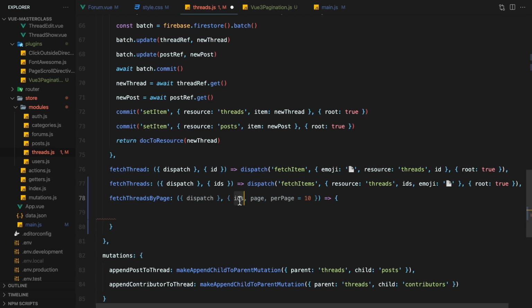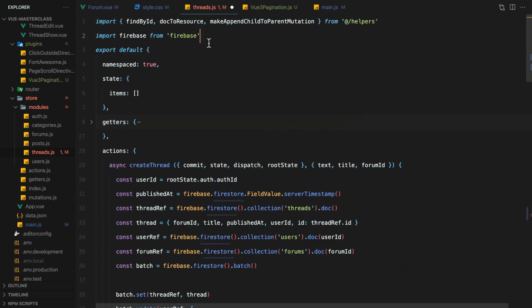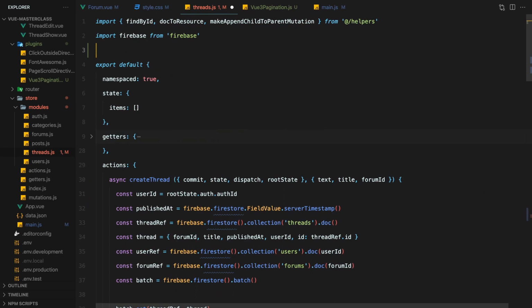So, what we want to do is break all those IDs into separate pages, and then only dispatch fetchThreads for that page of IDs. Thankfully, Lodash has a super handy function that can do that for us.